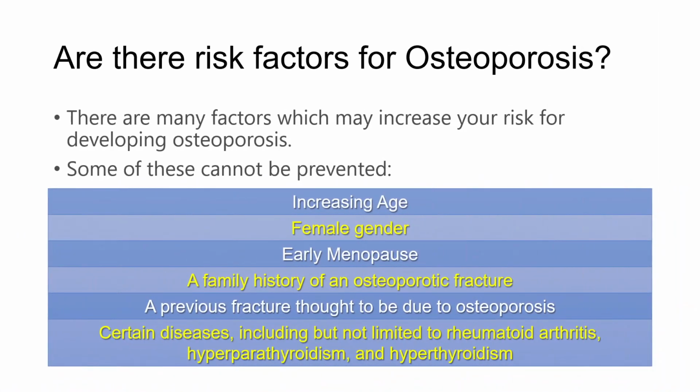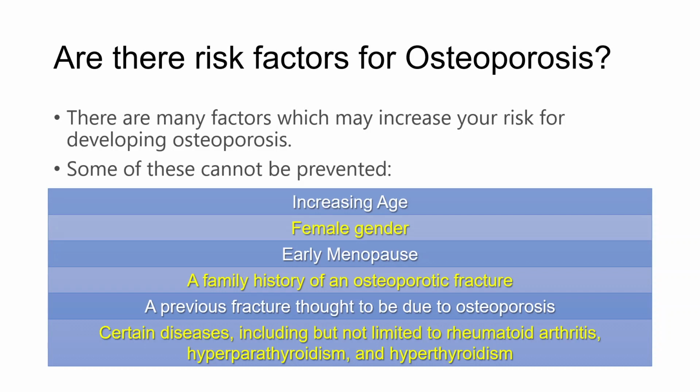There are risk factors that can increase your chance of having osteoporosis. Some of these we cannot control. Things like increasing age, female gender, early menopause, a family history of an osteoporotic fracture, a previous fracture thought to be due to osteoporosis, as well as certain diseases, including, but not just limited to, things like rheumatoid arthritis, common in rheumatology,